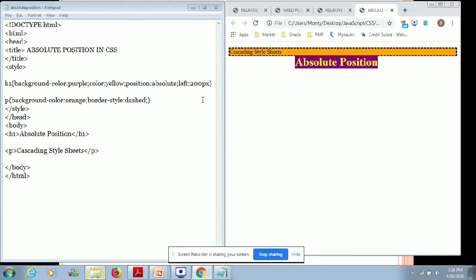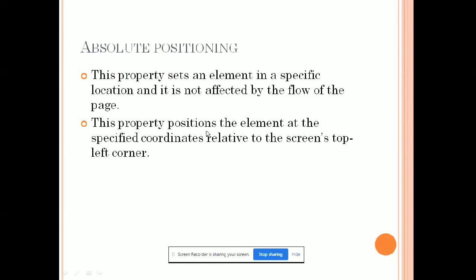Whatever left, right, top, bottom you have specified, it is going to set it. Over here, it is going to set it according to the top left corner. This is about your absolute position. The property positions the element at specified coordinates relative to the screen's left corner. The coordinates we are going to specify using left, right, top and